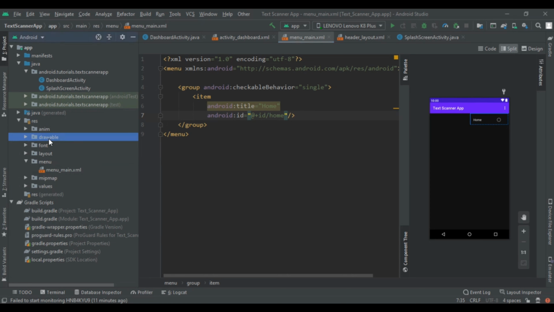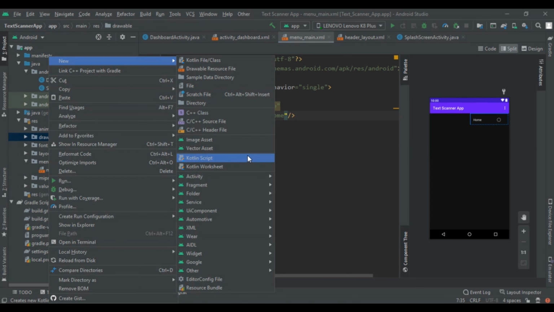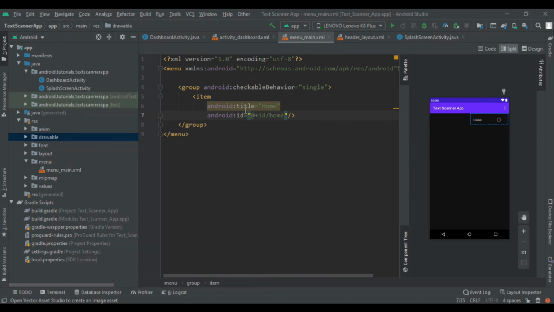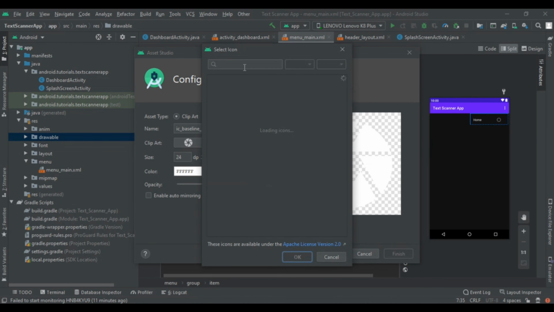So click on drawable, new, and vector assets, and then find the icons that you want in your navigation drawer. So here I am writing home. So you will find each and every icon here. So wait for it to load.